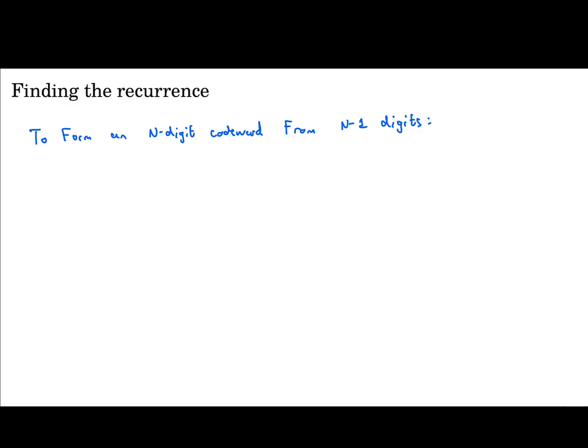Imagine that we first have n minus 1 digits, and then we want to know how we choose our next digit so that now we have an n-digit thing that is valid. Well, there are two cases. Case 1 is that this sequence here